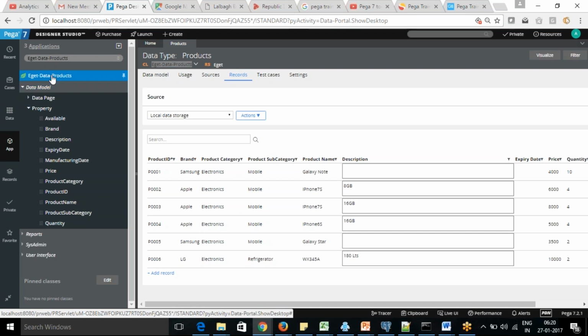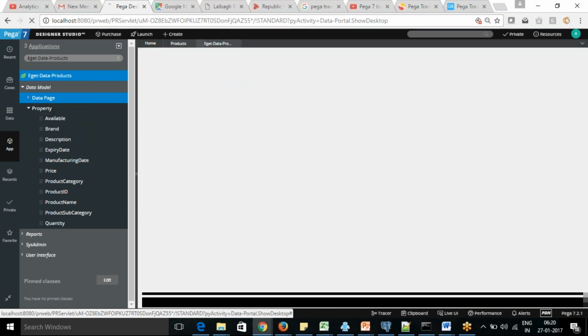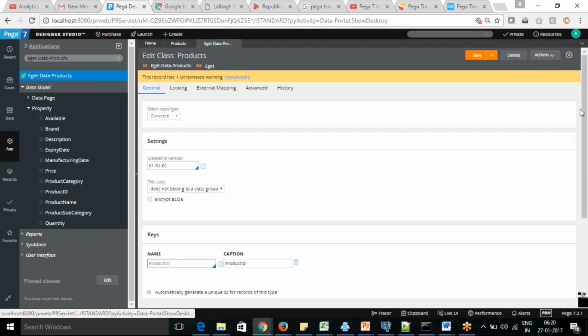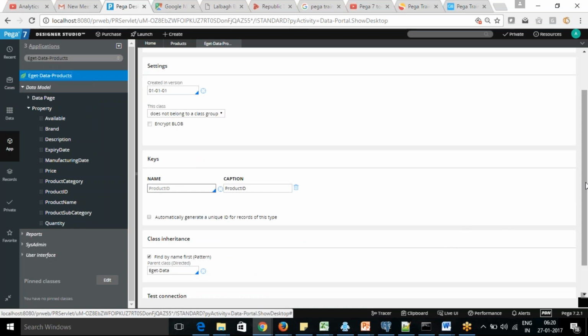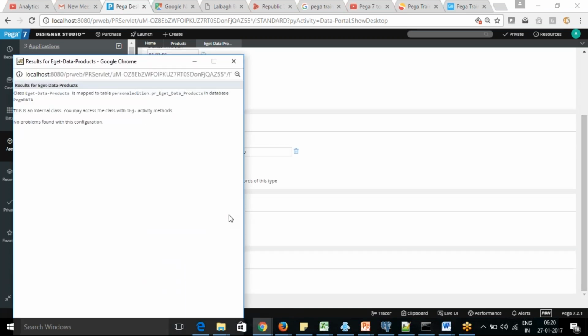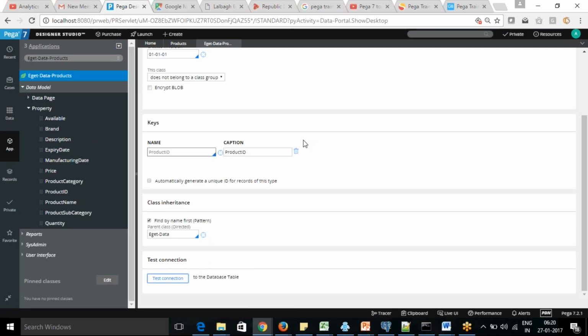But when you open the definition of it, the table will not contain the manufacturing date. This is the name of that table which is created here, PR underscore egate underscore data underscore products. So this will not contain the field which we have added recently. Once you add or edit the column, then it will create a new column within that. I'll show you how we can go with that.